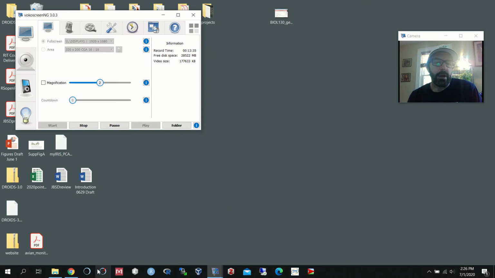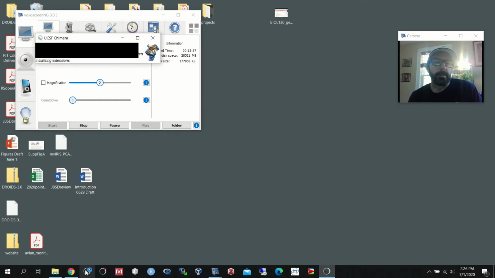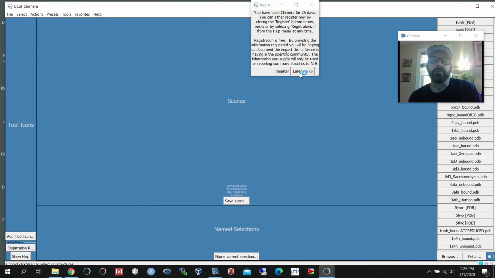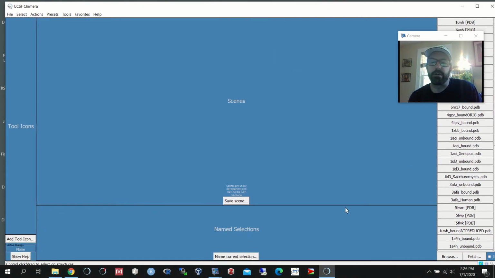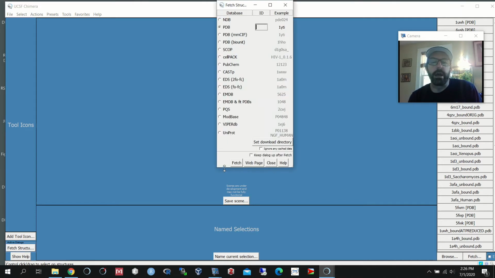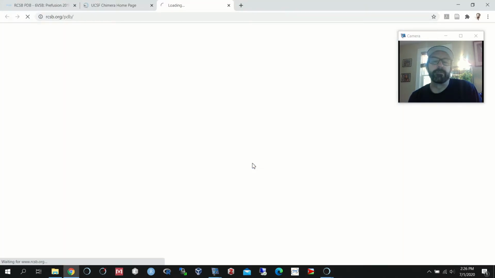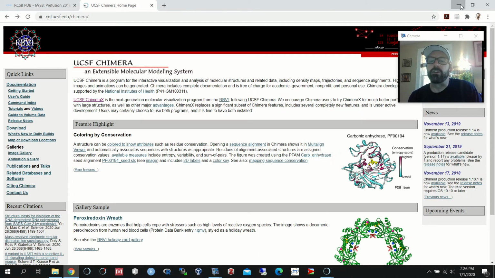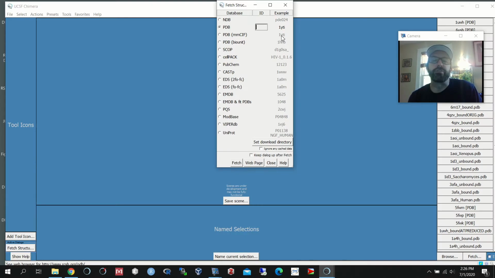If I go into Chimera, I'll get a page like this, and I'll register that later. I can use the fetch command down here. I can open up the web page that you just saw by clicking this web page link and see how I'm back there again. I can also just fetch the ID if I already know it. So if I did 6VSB,